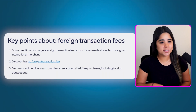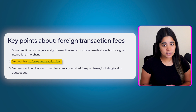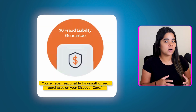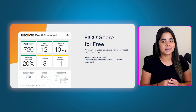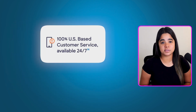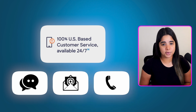Now, besides rewards, the Discover It card has no foreign transaction fees, so you can use it outside the US without extra charges. It also protects you from unauthorized charges, and you can check your FICO score and other credit information completely for free without impacting your credit score. Discover is also well known for its 24/7 customer service via chat, email, or by phone. So if you have any issues with your card, you can always reach out at any time and they'll help